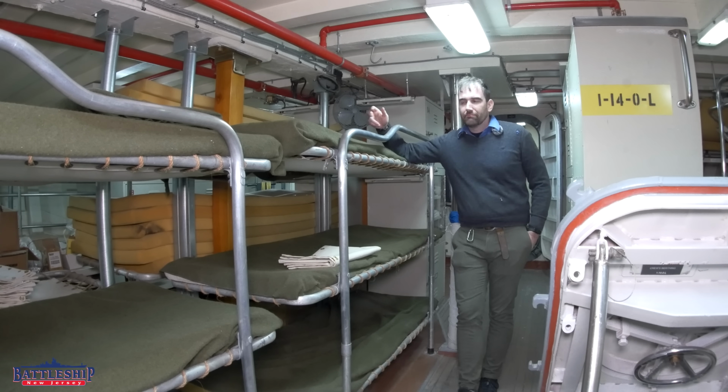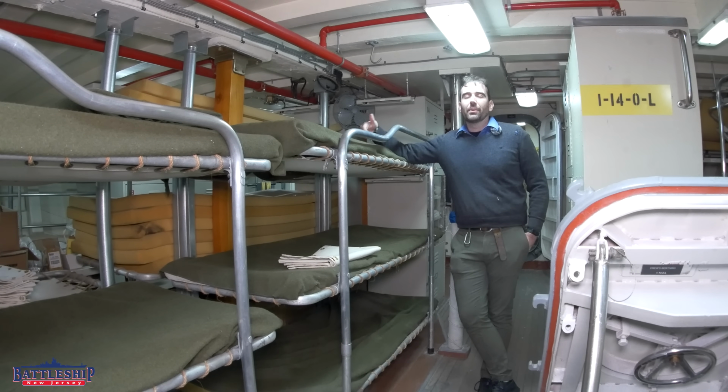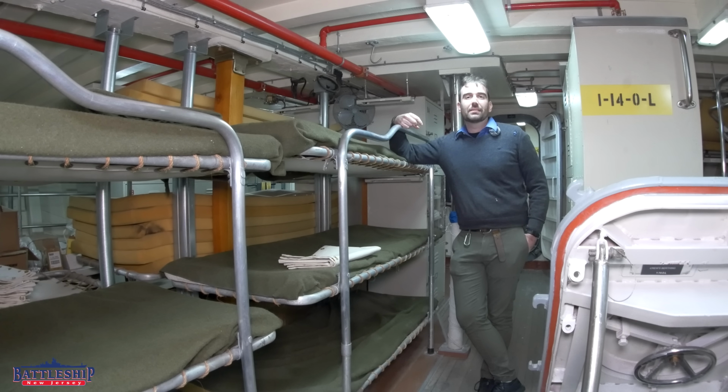And so, it's called tricing up. That is the same as on a sailing ship when you were issued hammocks. In fact, U.S. Navy warships, even up into the 20s and 30s that were being newly built, still had hammocks instead of beds. By World War II, most of the time when ships were refit or new built, like Battleship New Jersey being built at that time, or USS Lucid about a decade later,